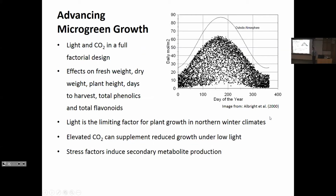But therein lies the problem. Even though we are able to protect these crops from the environment, the low levels of light during this period are often the limiting factor in plant growth. Because of this, some growers opt to utilize supplemental lighting to increase their average daily photosynthetically active radiation levels. For example, in the graph on this page,